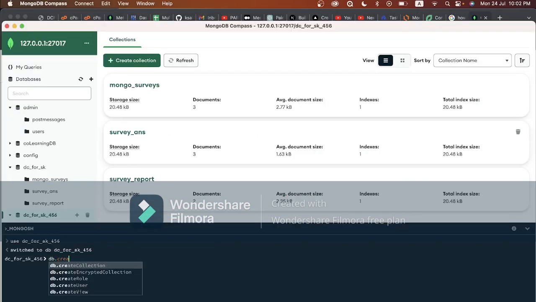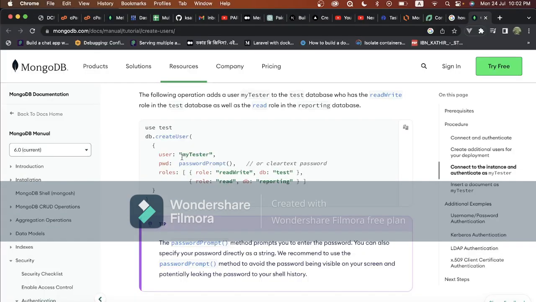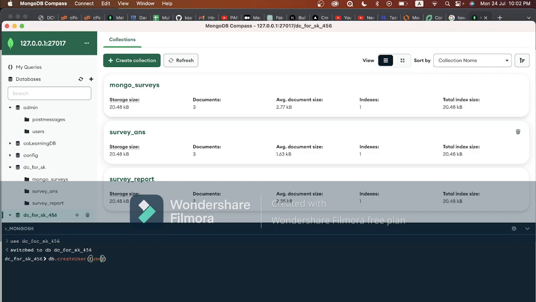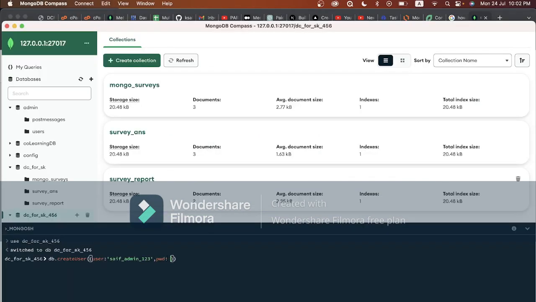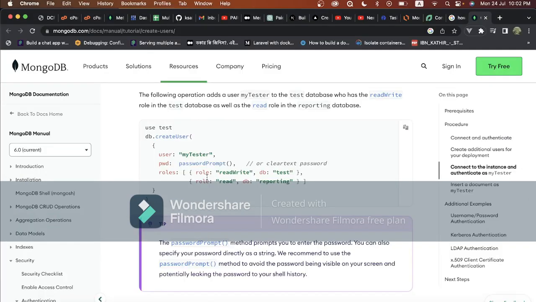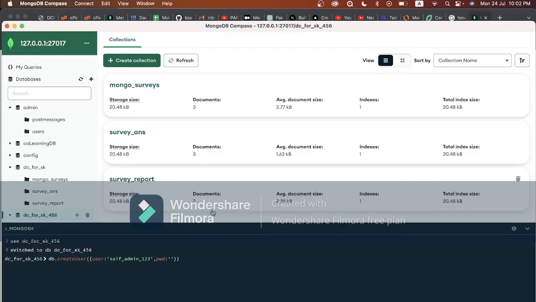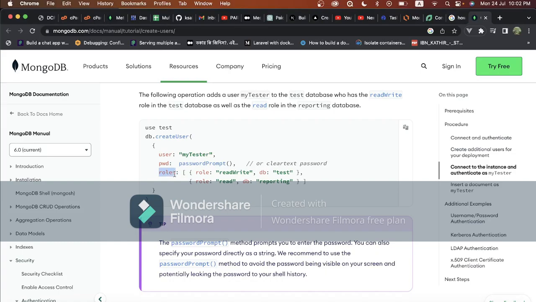db.createUser, and it will be taking a JSON document, which is user is, let's say the username is Saif admin 123, and the password is, here it says password prompt, it asks for a prompt, but I'll give a static password for now. I'll give, let's say, DC4SK 456, and the roles that the user will have is